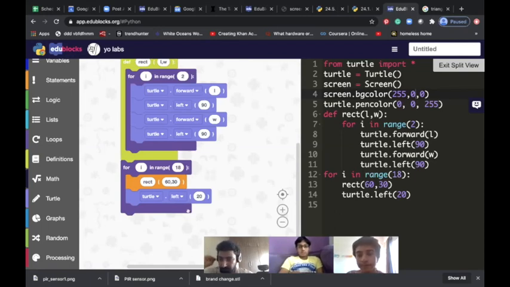Yes, sir. The whole idea is that whatever we are doing, we are already creating Python code for it. You have to keep looking at that. If we are asking somebody to turn left, what you are saying is turtle.left. When we are saying go forward, turtle.forward. So always remember, from the top we imported turtle.